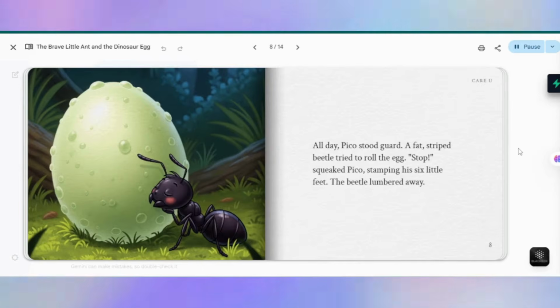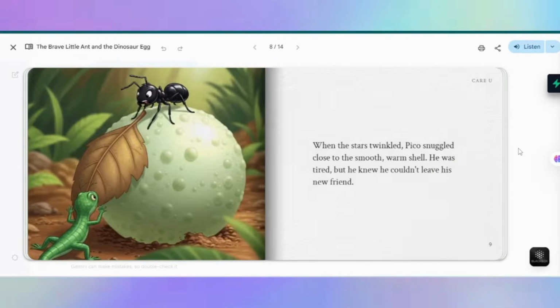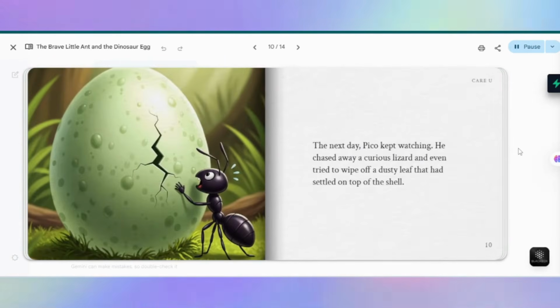All day, Pico stood guard. A fat, striped beetle tried to roll the egg. "Stop!" squeaked Pico, stamping his 6 little feet. The beetle lumbered away. When the stars twinkled, Pico snuggled close to the smooth, warm shell. He was tired, but he knew he couldn't leave his new friend. The next day, Pico kept watching. He chased away a curious lizard and even tried to wipe off a dusty leaf that had settled on top